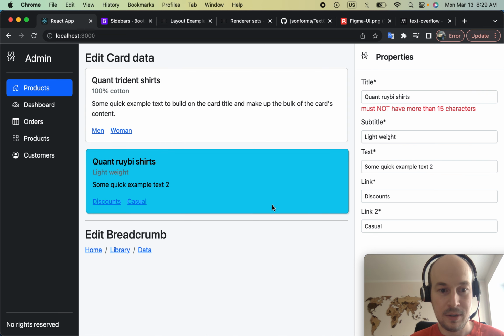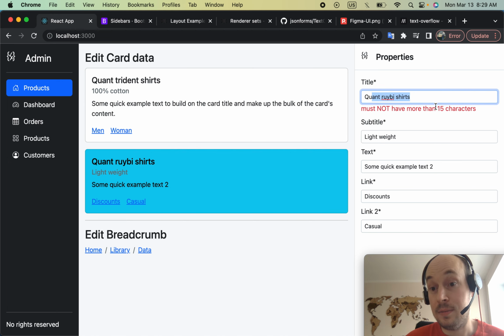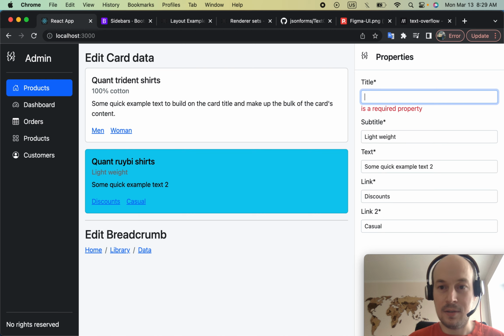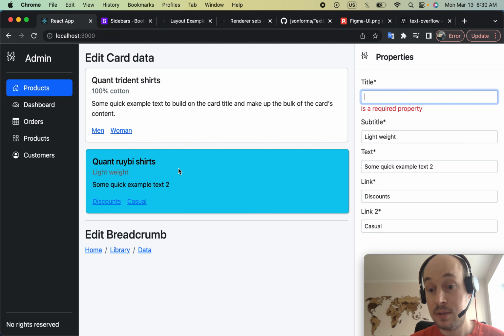Also, when I press here, it doubles all the information from here. It has some validation that it shouldn't be more than 15 characters. Cool. It has some helper text, and also it's not supposed to be empty, right? So it's cool. Well, this portion of things I have created with React, but this stuff is actually generated for